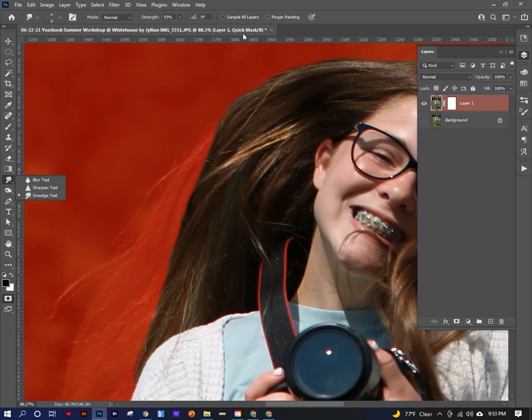Let me show you what the smudge tool does. So this wants to know how hard you want to press. So if we press 100%, it looks really hard edged. This is another one of those tools that uses your brush tool settings. Alt and right click is what we get to here. Alt and right click. So I want to make it really small, and I want that hardness to be 0. Okay, and then I'm also going to come up here. If you have the strength set to 100, it does whatever you do to it for as long as you do it. But if you do it just a little bit softer, you click and drag,